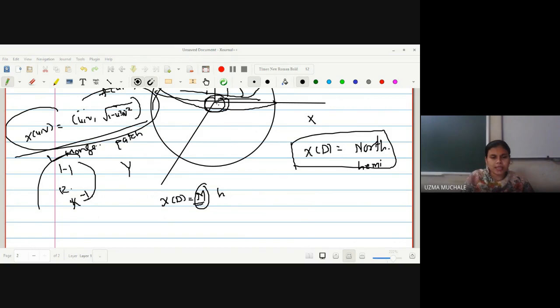So what is one condition for a Monge patch? It should be a proper patch, but what is the extra condition? There should be a differentiable real valued function f such that f is the third variable, which is a combination of u and v. Is the idea clear about the Monge patch and the simple surface? Yes, ma'am. Okay, for the proper patch, what are the conditions? One-one, regular, and inverse function is continuous. And for the Monge patch, one-one, regular, inverse function, along with one extra condition: x of u, v is equal to u, v, and the third variable, that is, f is a function of the first two.